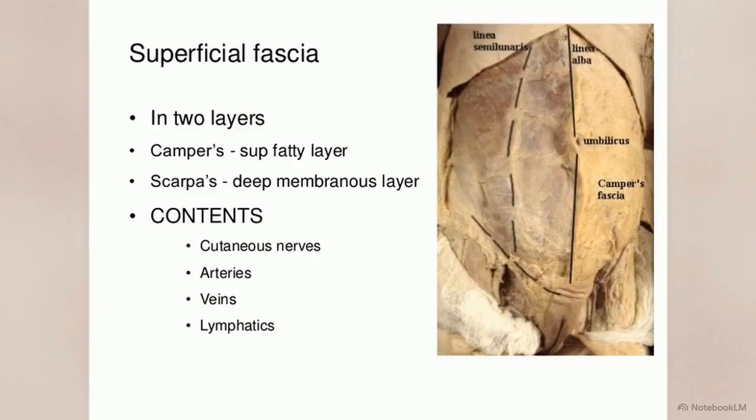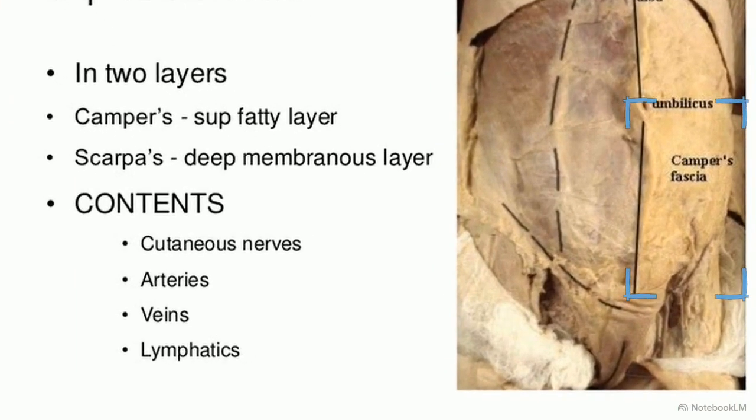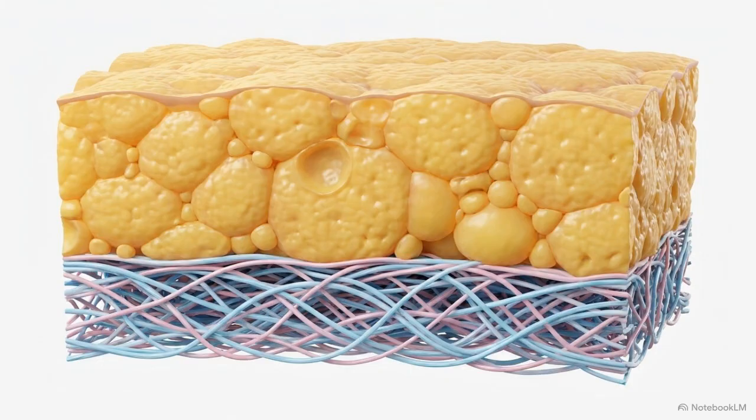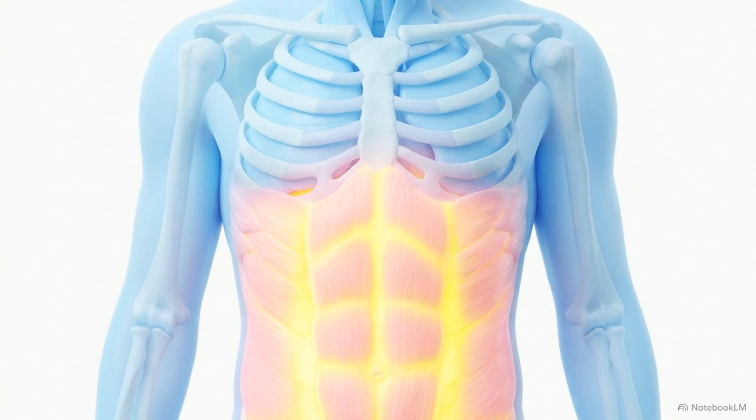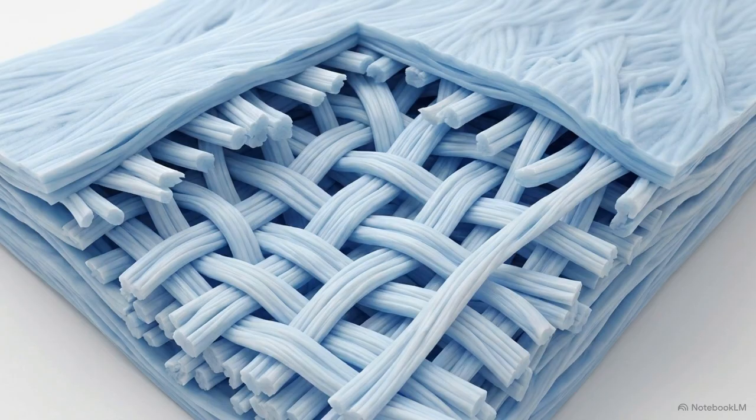Looking at this gross dissection, particularly the right side, we observe that below the umbilicus, this envelope splits into 2 distinct layers. The outermost is Camper's fascia, presenting as a thick, heavily textured yellow layer, indicating a highly fatty composition. Beneath Camper's lies Scarpa's fascia, which is a thin, dense, and distinctly membranous sheet of connective tissue. This bifurcated envelope efficiently serves a dual purpose. The fat provides necessary thermal insulation, while the dense membranous layer establishes a strong structural foundation before we reach the